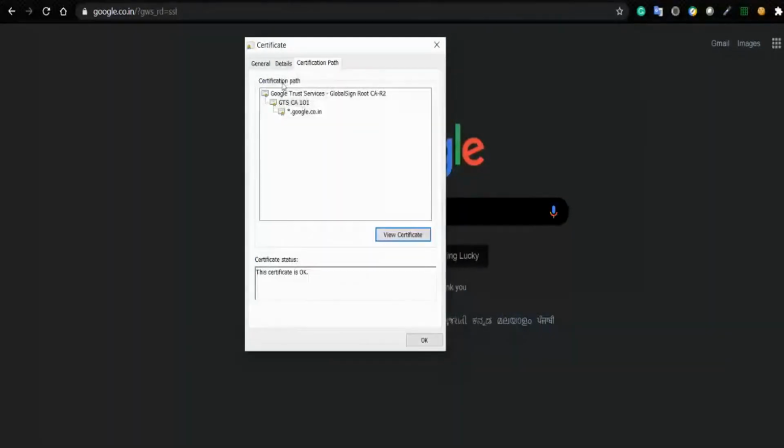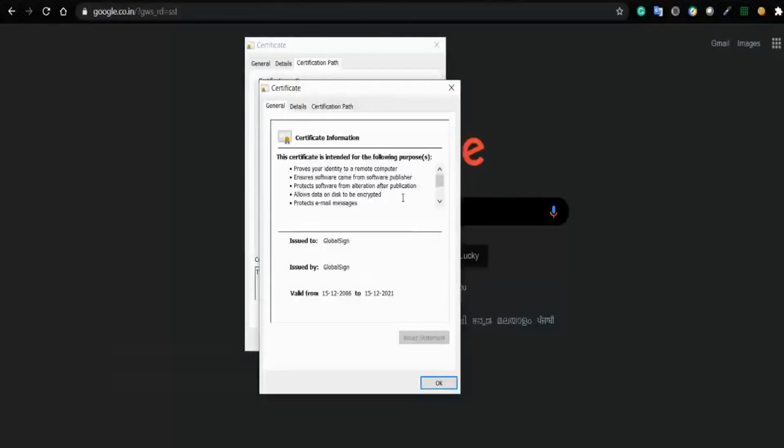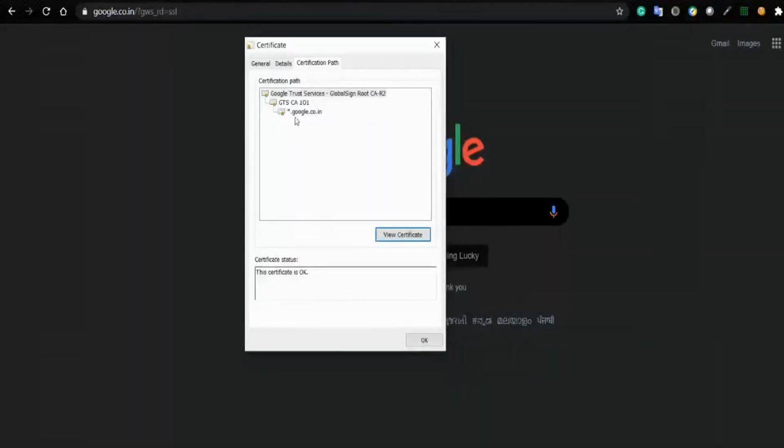So now, when you go and see the certificate of the GlobalSign Authority, it's valid from 2006 to 2021. These are like so many years. So the reason for this is we know that the public key of Google.com, which is a website, keeps changing. So when Google changes something, it should be updated frequently, right?